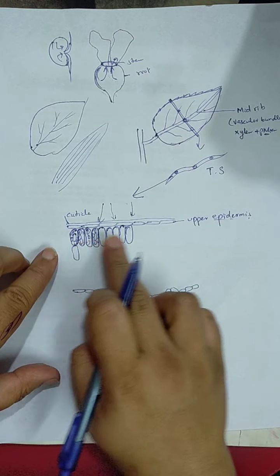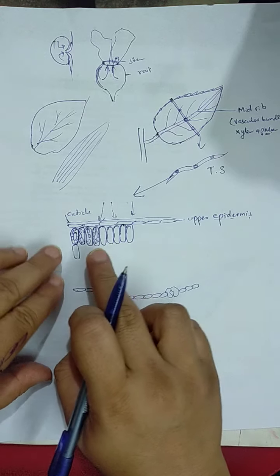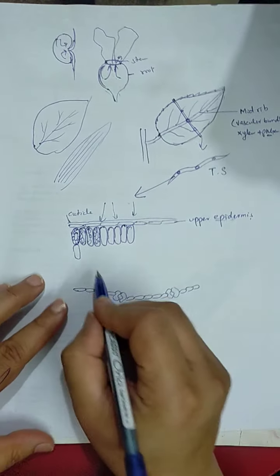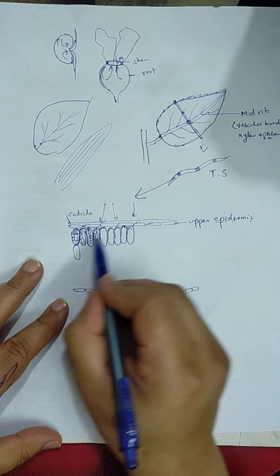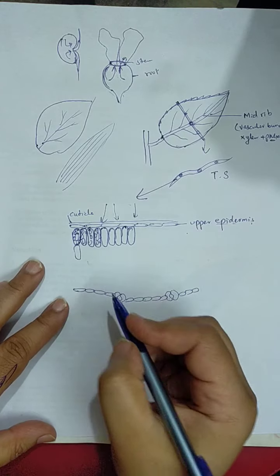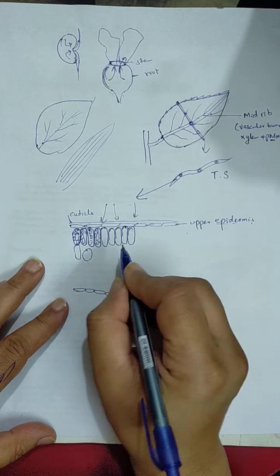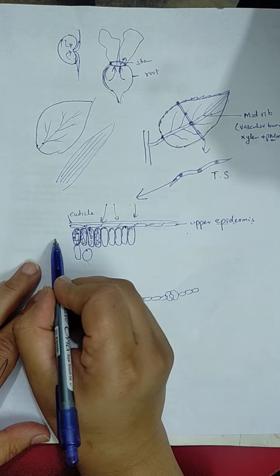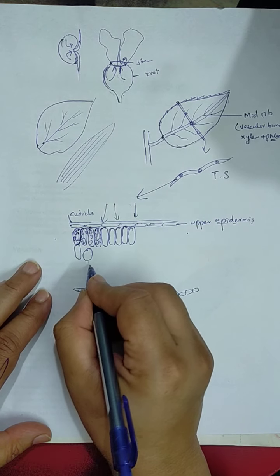I am not completing this drawing, I just want to explain these cells. This is the layer of upper epidermis which receives maximum sunlight. Below this, these mesophyll cells are called palisade mesophyll cells, and below them is a layer